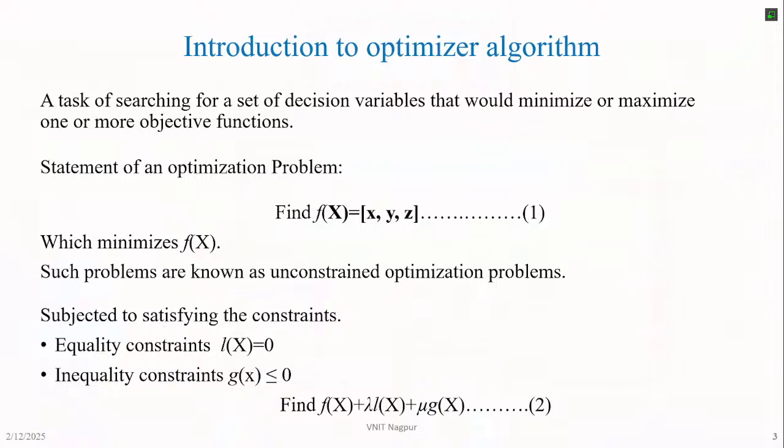Okay, let's start with the second part of this. It's about the application of optimizer algorithms in power distribution systems. Initially, we'll discuss the introduction to an optimizer algorithm. Why do we need an optimizer algorithm? It's basically a task of searching